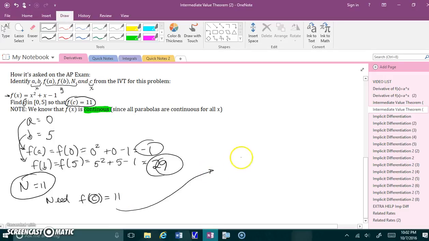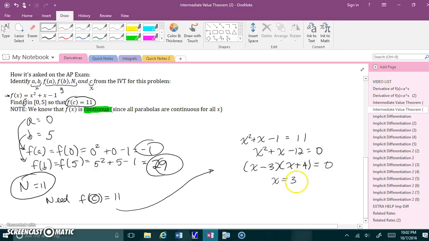So what I'm going to do here is take my function with x's still, because x is the mystery. I want to know what x is. When I'm done, I'll call it c. And I want my y value to be 11. So we know how to solve these. I'm going to subtract 11 and I get minus 12. Do not add 1 and just have a constant here and try to do some funky math. You have to factor. That's the only way to solve this thing. So I'm going to do negative 3 and 4 because they multiply to negative 12 and add to 1. And then I get x equals 3 and x equals negative 4.